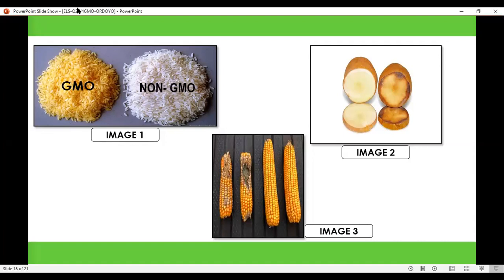Very good, Miss Sharalyn. So golden rice is a genetically modified or biofortified crop. It is genetically modified in order to produce beta-carotene, which is a precursor of vitamin A, and to increase nutritional value to combat vitamin A deficiency in developing countries just like in the Philippines. So for image 2,